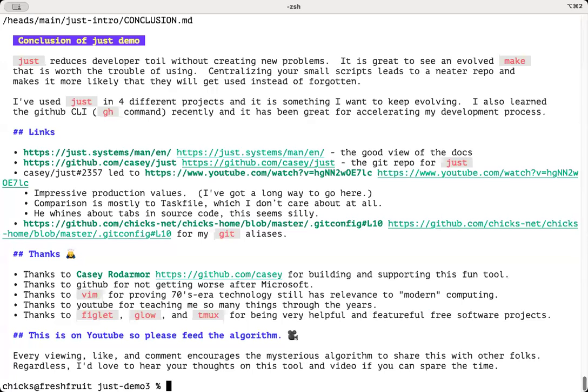And as I've mentioned, I think it is great that you can centralize all of your small scripts into one place for a neater repo, and it makes folks more likely to actually use them instead of forgetting about them being scattered hither and yon. I've used Just in 4 different projects, a Hugo project and a Rust project and a DNS control project. And it has been great to work with that whole time. And I'm looking forward to continuing to evolve my Just files to make these projects even easier to work with